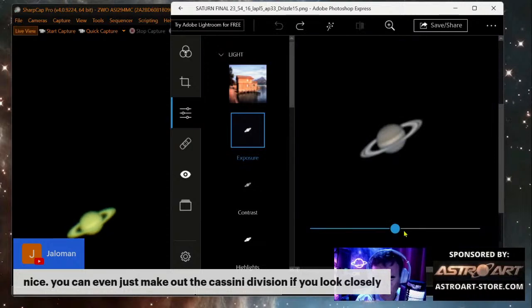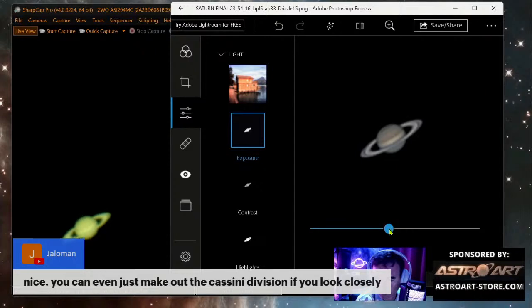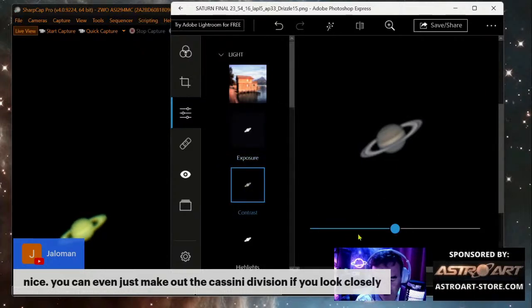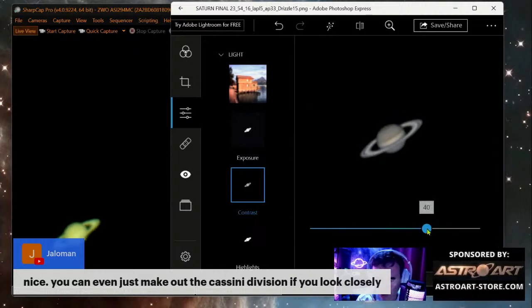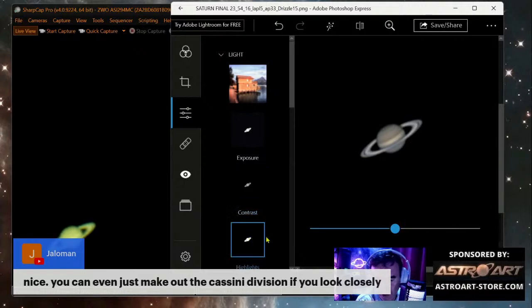Undo. So let's see here. Exposure. I do this to keep it simple style. I don't have patience for this. Now contrast. Okay. Highlights, lower.